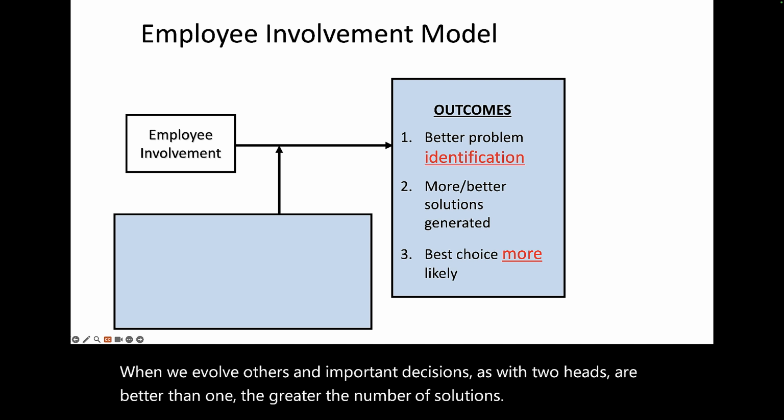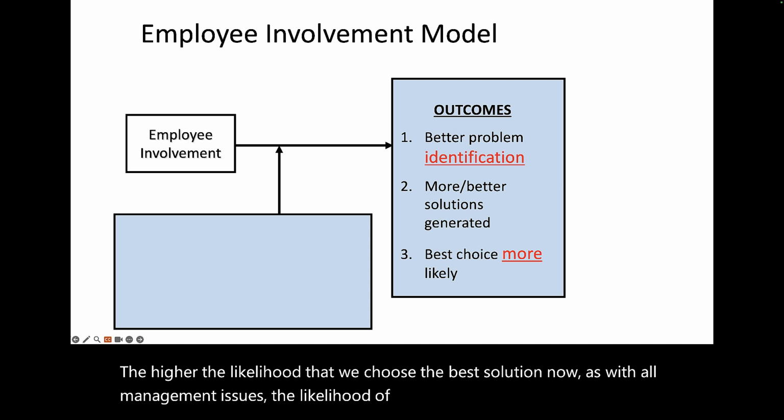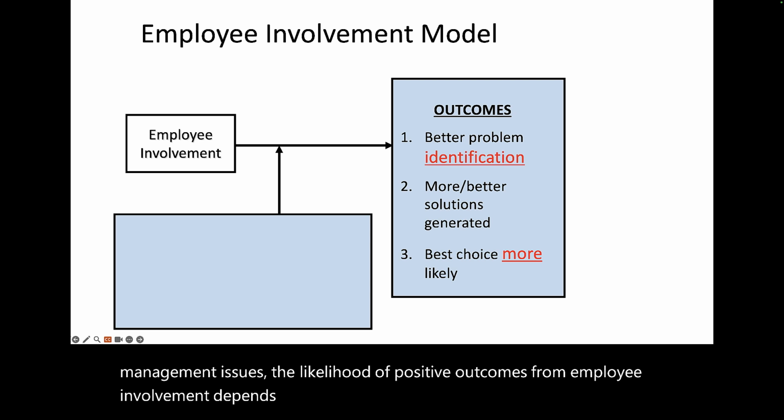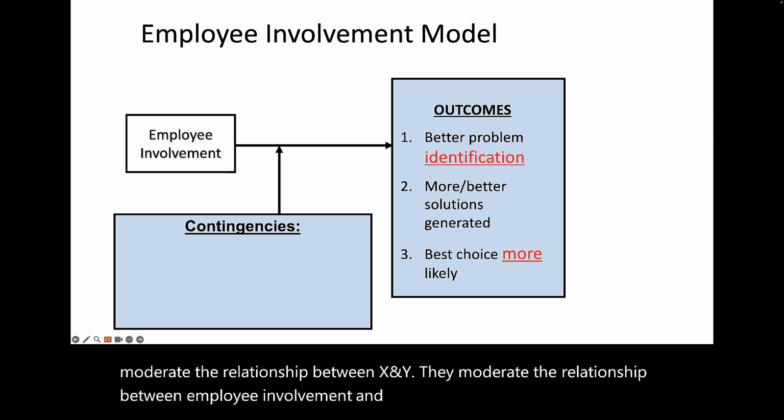Now, as with all management issues, the likelihood of positive outcomes from employee involvement depends upon several contingencies. The contingencies moderate the relationship between X and Y. They moderate the relationship between employee involvement and decision outcomes. Essentially, you can use this phrase: the contingencies fill in the blank that says X leads to Y,